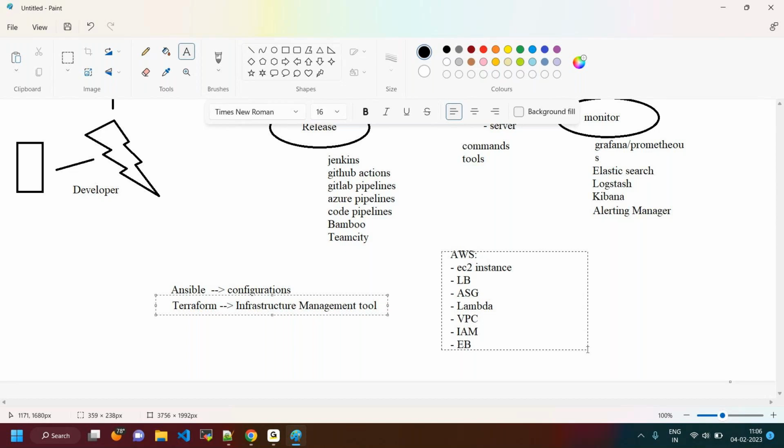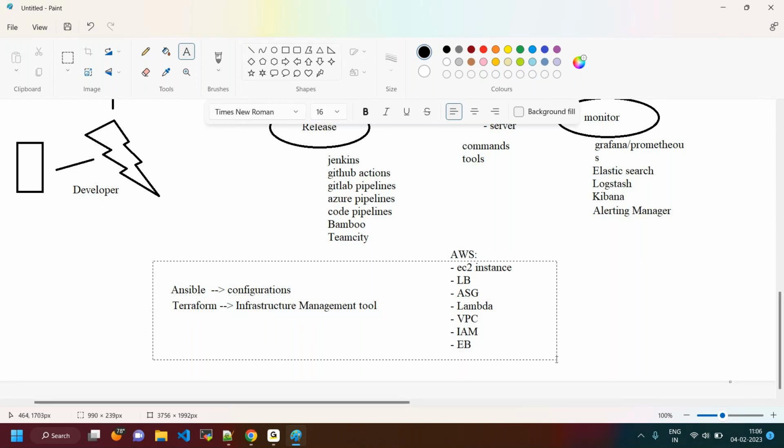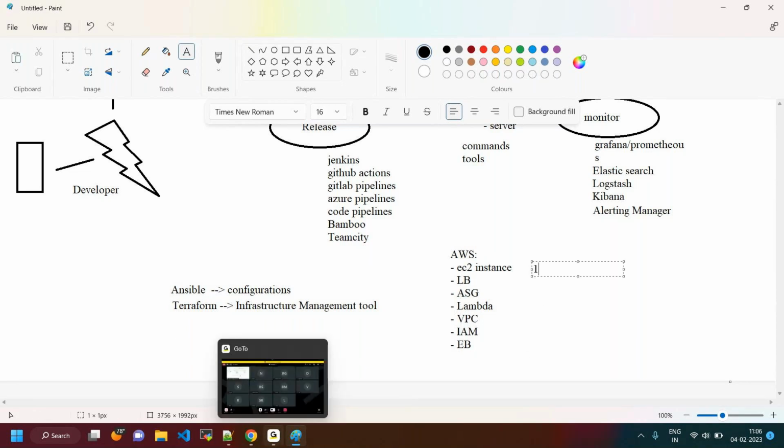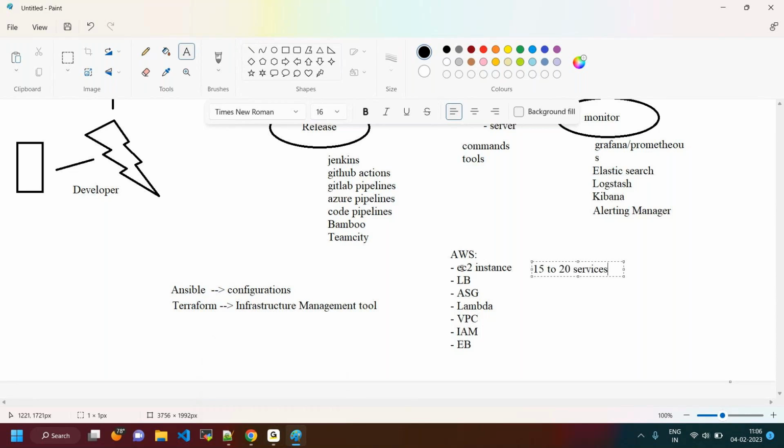This is about Terraform and Ansible. When it comes to AWS services, we are going to discuss nearly 15 to 20 services in our AWS environment, like EC2 and load balancers, of which there are three types, auto scaling groups, Lambda, VPC, IAM, EBS, and we are going to discuss ECR, EKS, ECS, and Secrets Manager. We will be using different services, and I'm going to discuss S3,